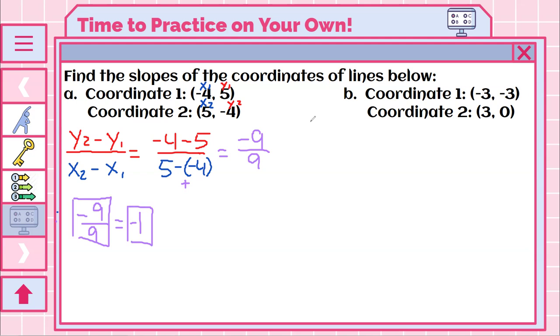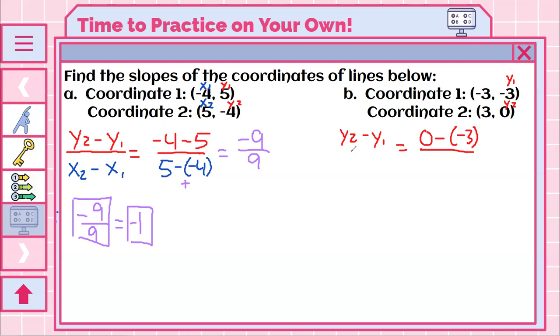Let's check the next one. Again, starting with your y2 minus y1. You have your y1 here, your y2 here. So that's 0 for y2 minus your y1 is negative 3. Over,